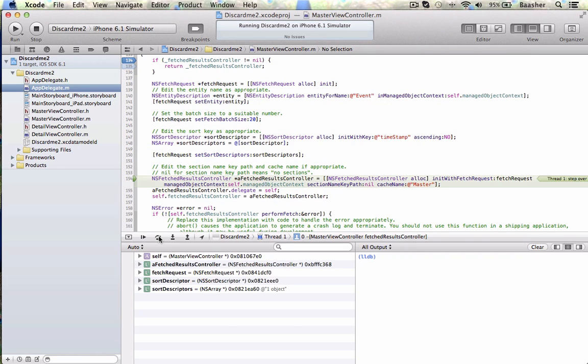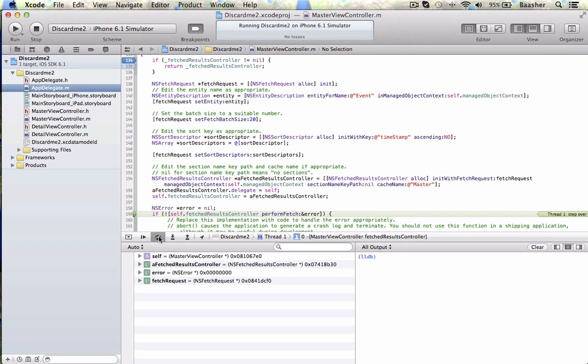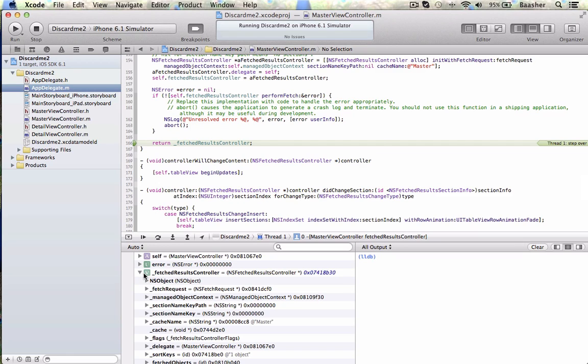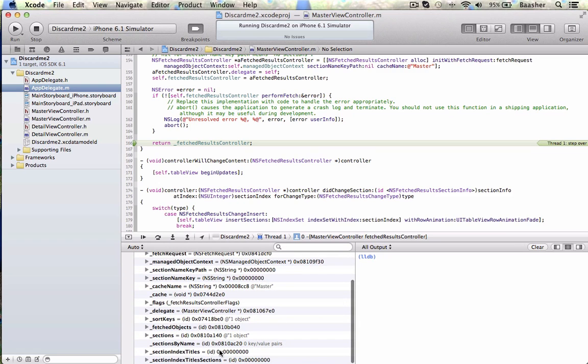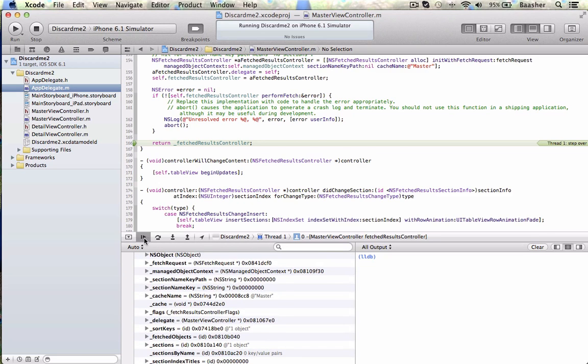Once we have that, set it, set some other properties. We have the fetch request controller, an error object, and perform the fetch. Once it does that, it calls itself, and now we have that. It's going to return itself, and it's already filled, and all the entity objects can be controlled by the fetch request controller right now. Sort keys have one section by, there are no section names, but everything is in here. If I let it run,